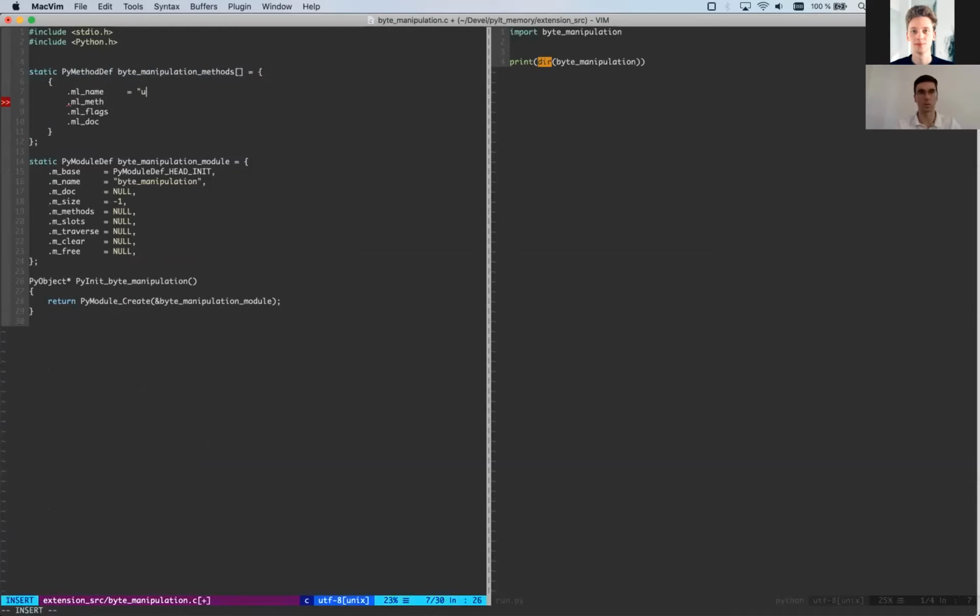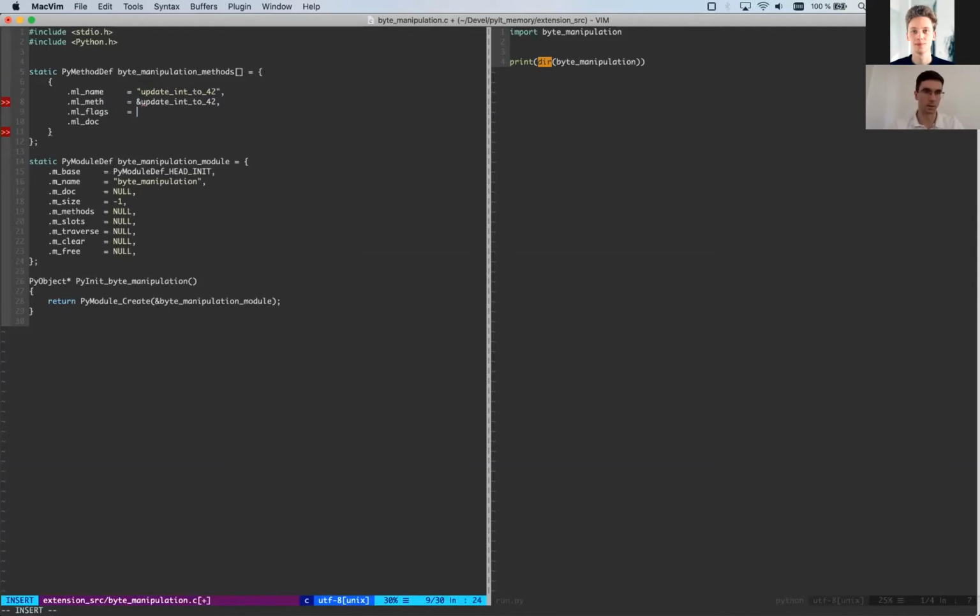So the name is gonna be, let's say, update_into_42. It's a very stupid name, but it says what I'm planning it to do. I'm planning to write a function that updates an integer to 42. As you know, in Python, integers are immutable objects, so you are not supposed to be able to update them. But since we are writing code in C, we can do whatever we want because we can access memory directly and manipulate memory in place.